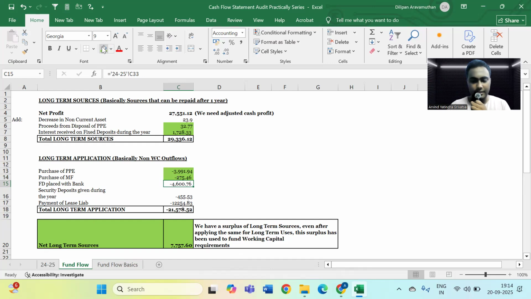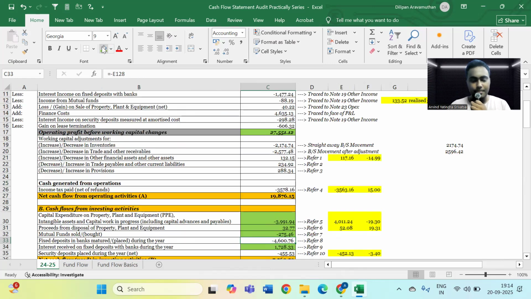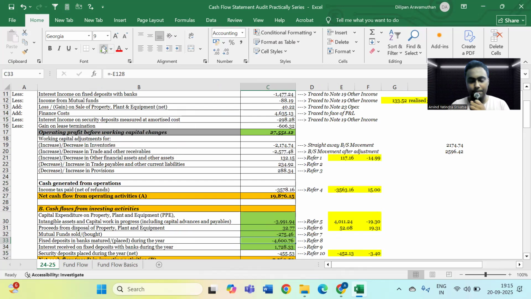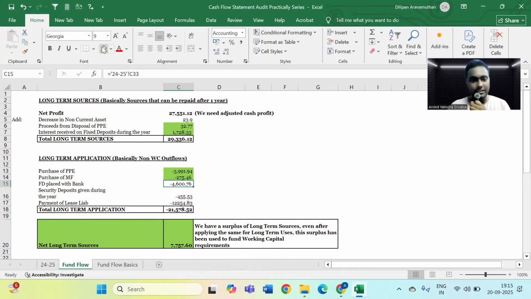Then FD placed with the bank. So again, this FD is matured. So since this FD is matured, the bank is repaying the amount to me. This FD is not matured. This is an FD placed with the bank. So I am giving my money to the bank and placing it as an FD. So this is 4,600.76, which is again an application because I am paying to the bank, which is an outflow